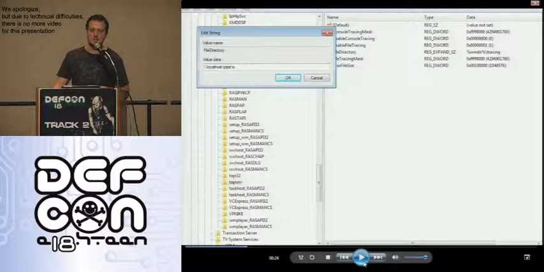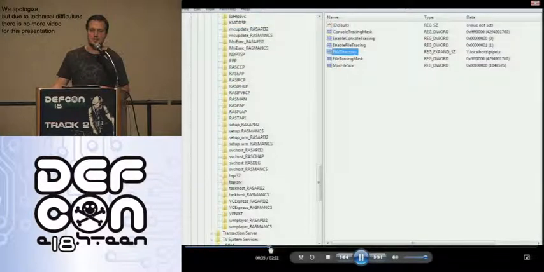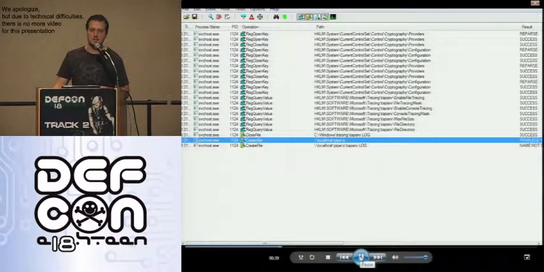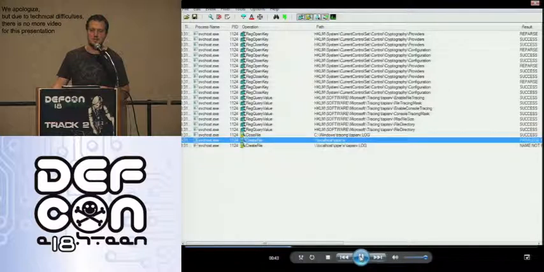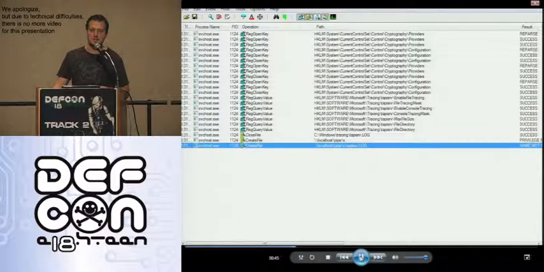So I set in the file directory value /localhost/pipe/x, which will be a named pipe. And after setting the value, I went to Process Monitor, and I found that the telephony service was trying to access the named pipe.